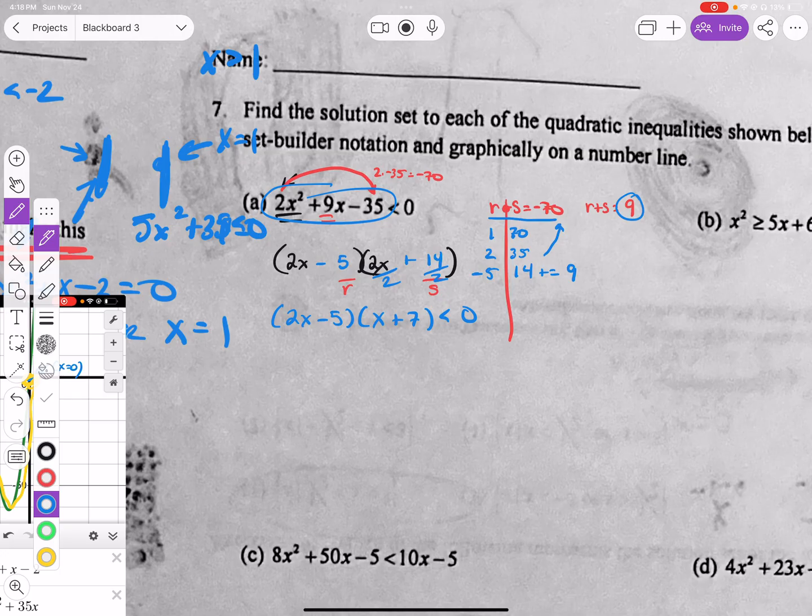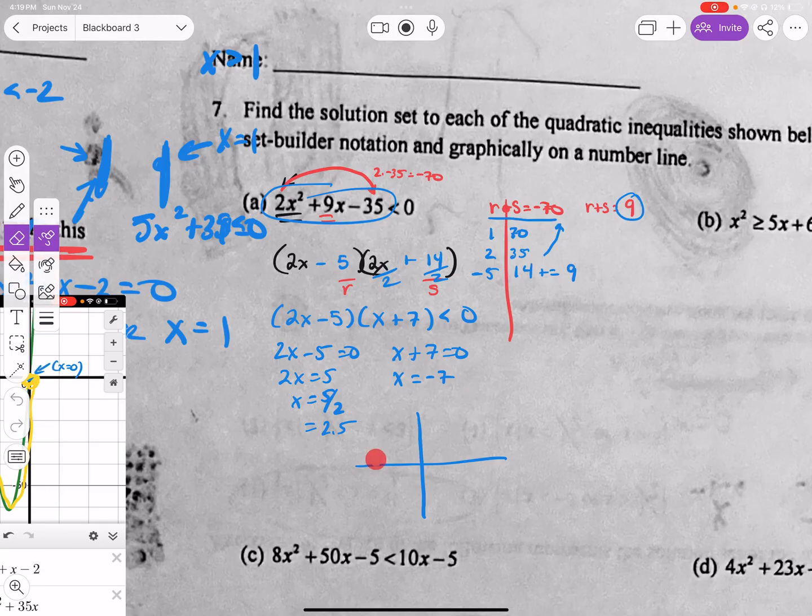Okay, so now I'm going to find my zeros. What makes this one 0? So add 5, divide by 2. 5 halves, or 2.5 is probably easier for us to graph. Again, I'm just setting them equal to 0 to find out where they cross the x-axis, subtract 7 there. Because once I know where they cross the x-axis, I know where the change from positive y's to negative values